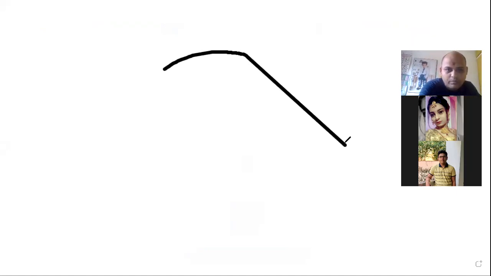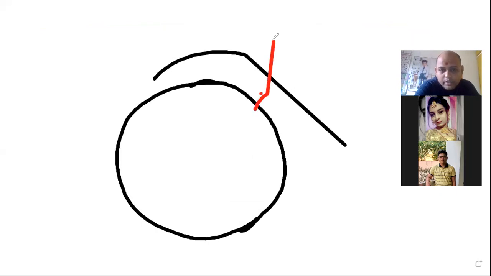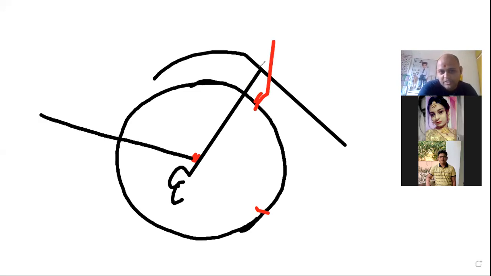So when I talk about one particular concave mirror, this is the concave mirror. And this is the center we have. So if the incident ray is passing through the center,